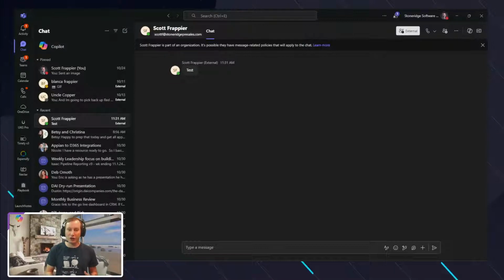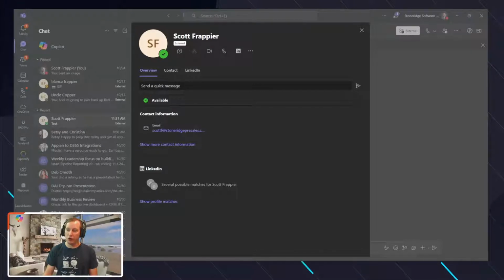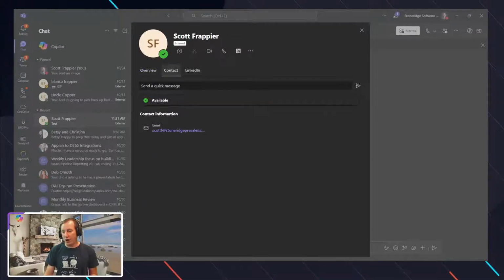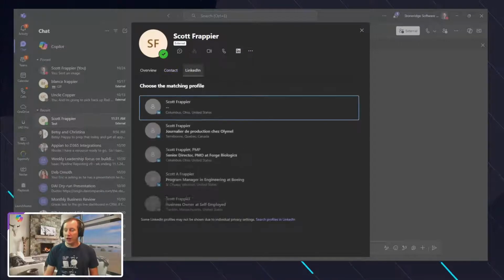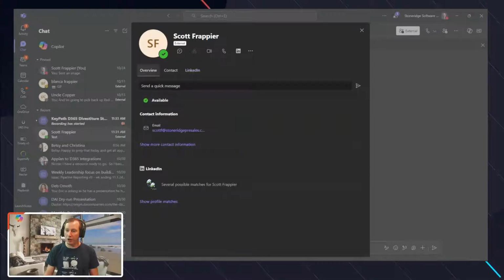Now, there's a couple other things I can do too, and these are quality of life type things I just want to kind of call out. The first would be, for example, on my particular inquiry here, for this end user, what I'm able to do is actually pull up that detail about that external user to then see some of the contact details that I may have with them, any LinkedIn details that are associated maybe with this particular person, right? And then on the overview here, additional contact information that may then be related to that end user, right?